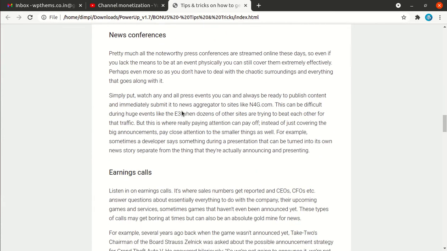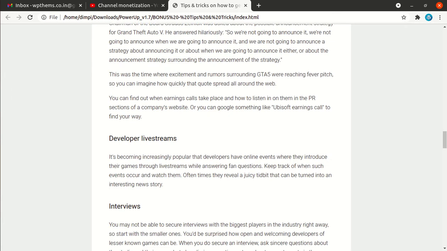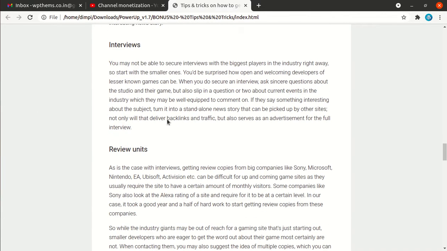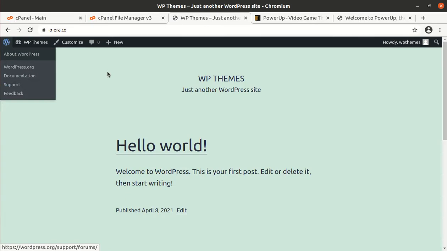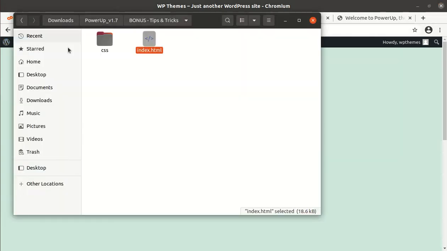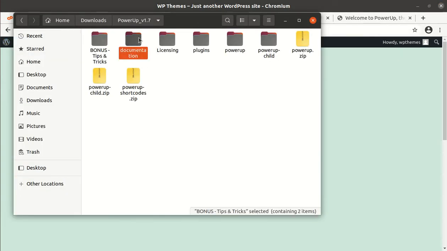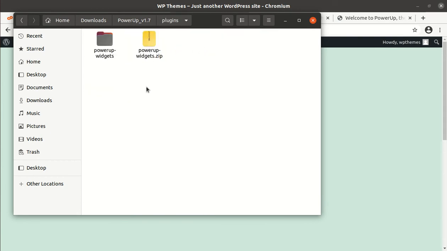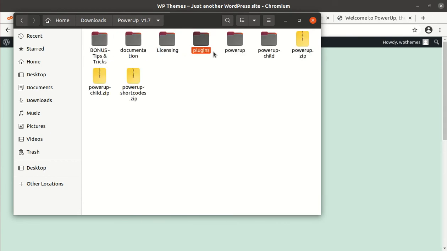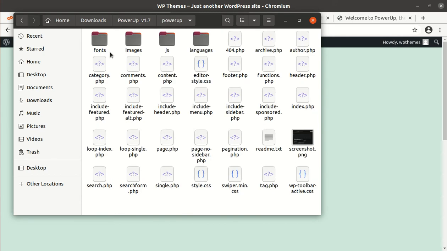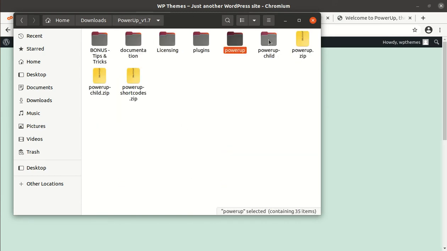The rest of the things are here: documentation, licensing, and some plugins have been given, along with the main Power Up theme contents, the child theme, the main theme zip folder and child theme folder, and some shortcuts have been given in zip format. So let us begin the installation.